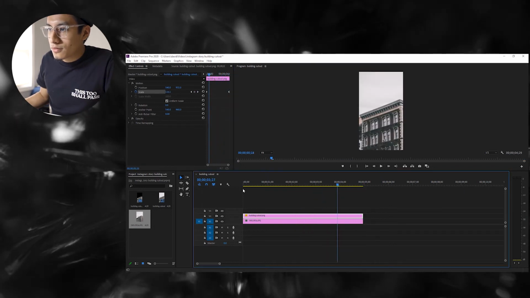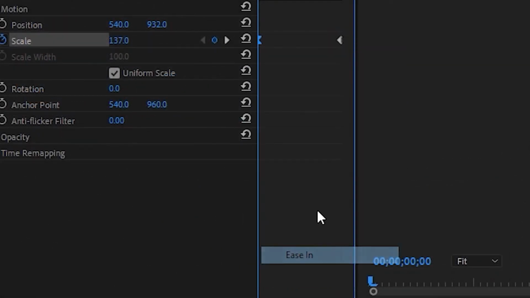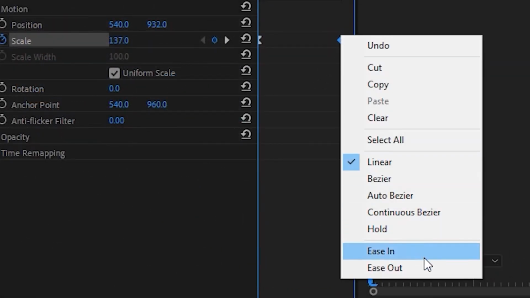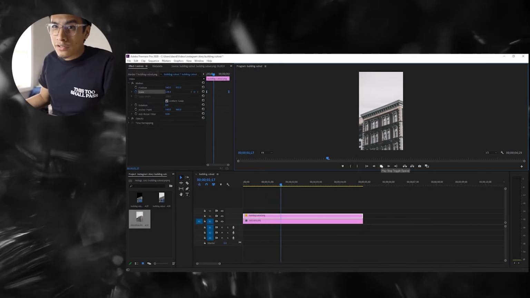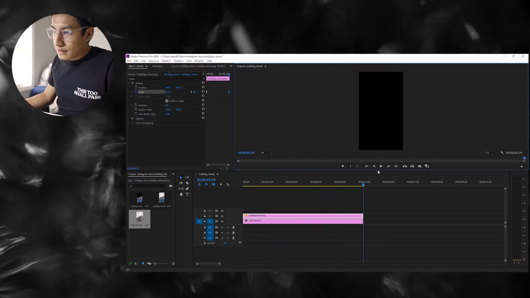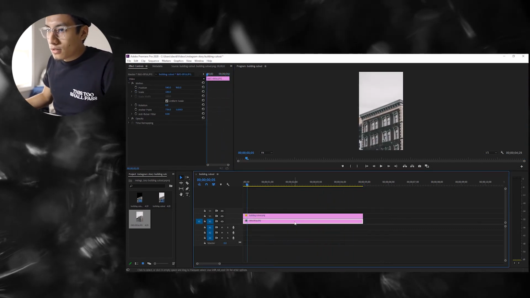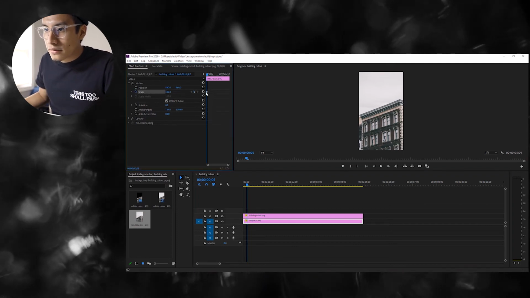Alright, looks pretty good, but one thing I want to do is right click on the keyframe, hit ease in, and then for the last one you hit ease out. The reason for that is because I don't want to have that weird, clunky kind of feeling to the scaling in and scaling out. And then for the bottom, since we have that, we're going to use the scale again,